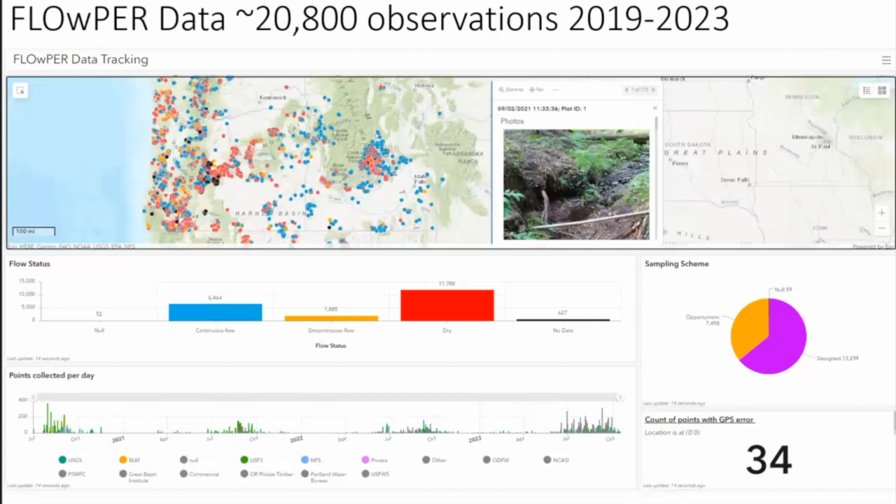And then one point here, and I'll return to it a little bit later, is again, this is not a silver bullet. This is pretty fraught. I'm not sure if many folks have dealt with crowdsourced data, but it's pretty easy to collect information, and about half of it ends up actually being useful, because even with very simple protocols, there's just a lot of room for error. So our motto here is, if we can get a lot of data over a lot of years, some of it's going to be useful.